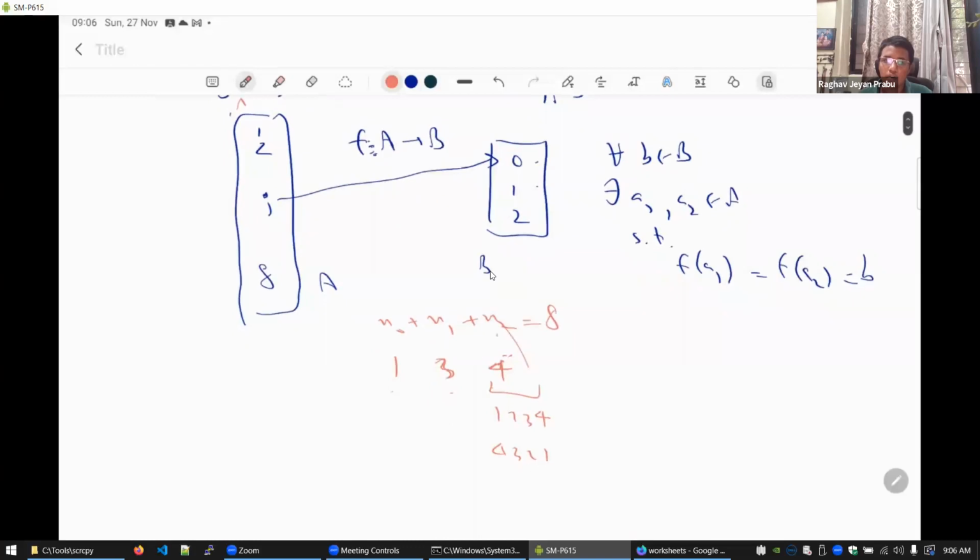So, why are you saying 8 factorial? Because we are going to have 8 objects, and we can arrange them in 8 factorial ways since they are distinct. Yeah, we can arrange them in 8 factorial ways. And now your idea is that out of those 8, let's say we arrange them as A, B, C, D,